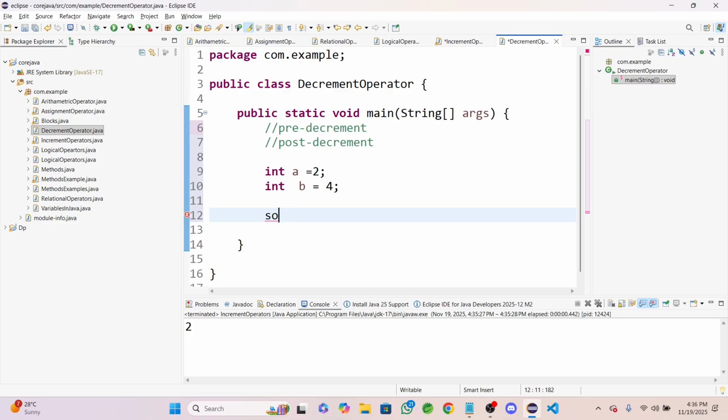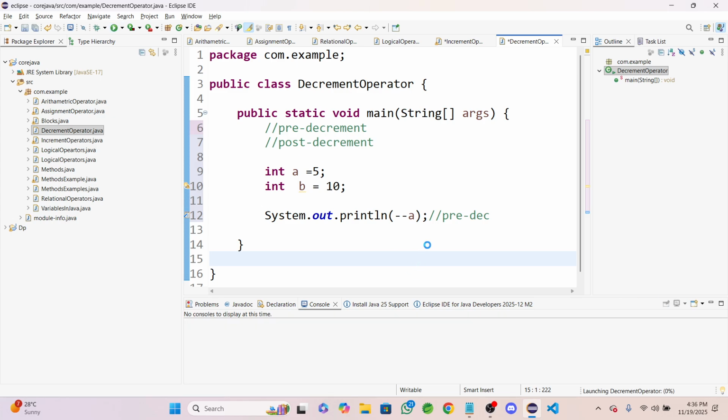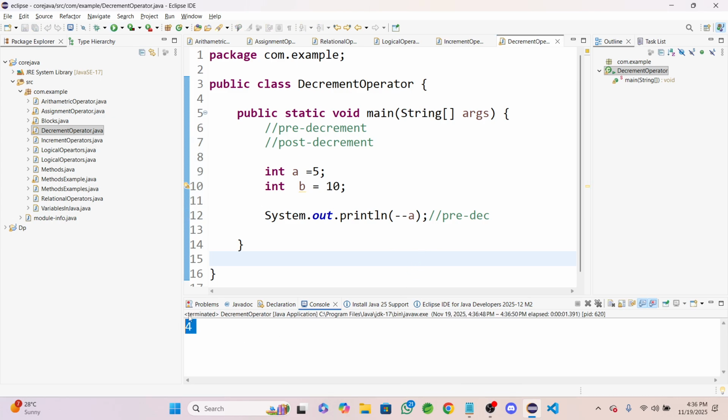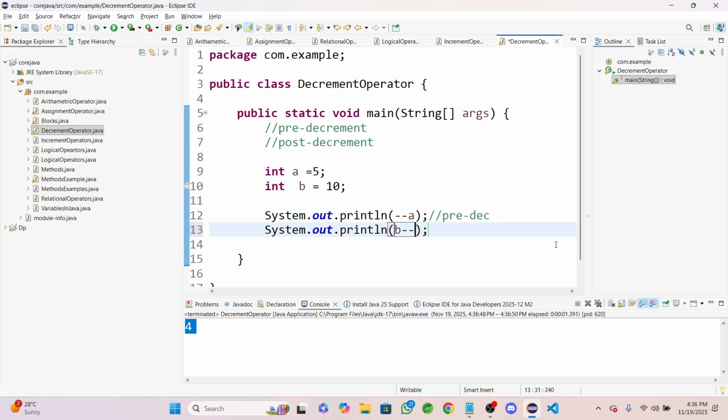Okay, then take a sout of --a, right? What is --a? It belongs to the family of pre-decrement. Okay, what will be happening here? As a value is 5, as b value is 10. Okay, the a value will get decremented by 1. Then a becomes 4, right? Yeah, a becomes 4. Then if I use post-decrement of b, that is b--, and if I run that,